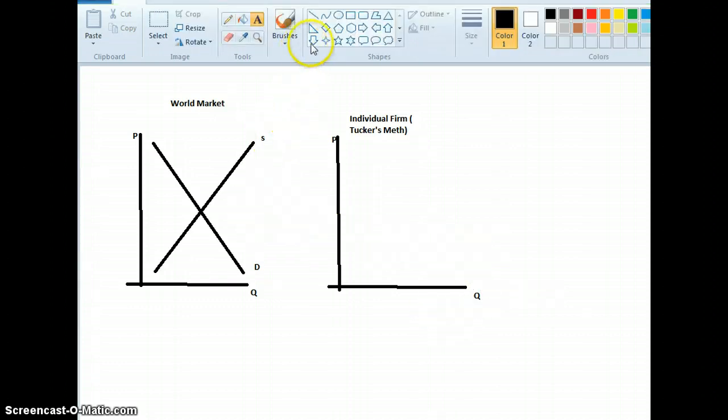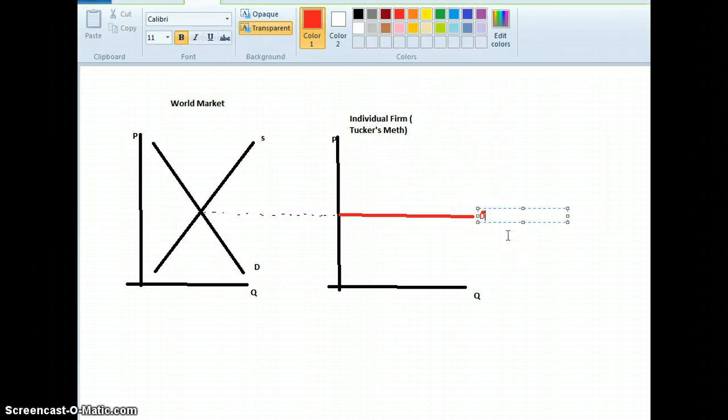Now, at market equilibrium, we will go across, which is here. We will go across to the other individual firm to find the original demand represented here, and we'll make it this equals